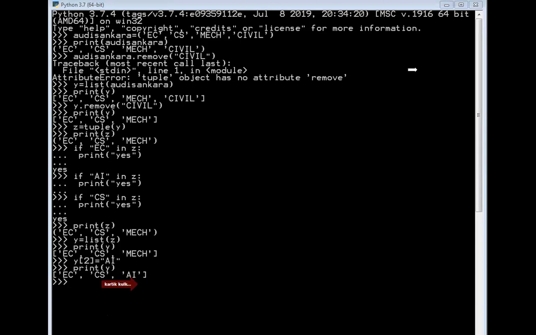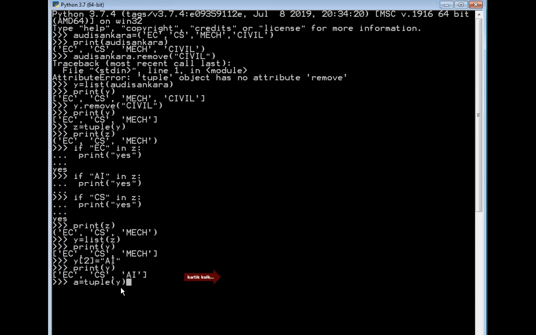Now I need to convert the given list back into a tuple. How to convert the list into a tuple: I will use a equal to tuple, and then specify the list name.